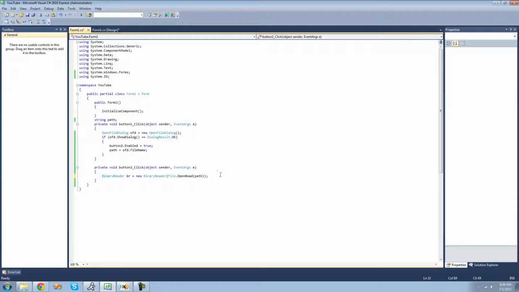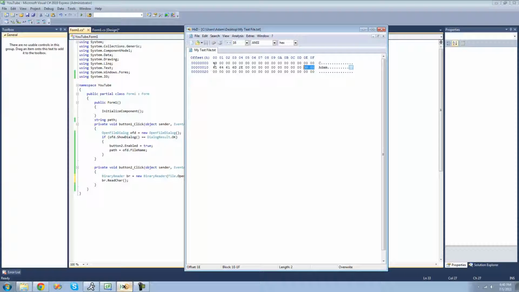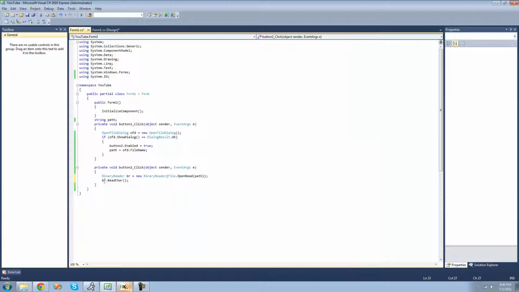Once you have your BinaryReader typed out here, we can use it to read something. The first method in the BinaryReader that we're going to be looking at is ReadChar. Basically, what the ReadChar method will do is read a character from your file. Since we haven't specified a position in our file to read from, it's just going to start at 0, so it'll read this first character right here, this C. We're going to have it read this character into the text box